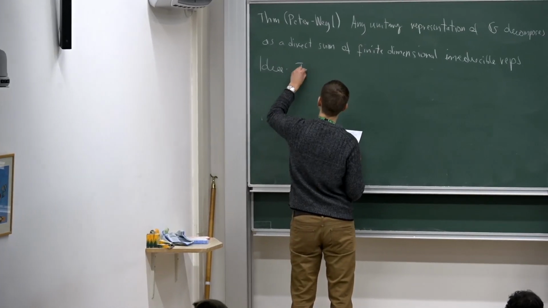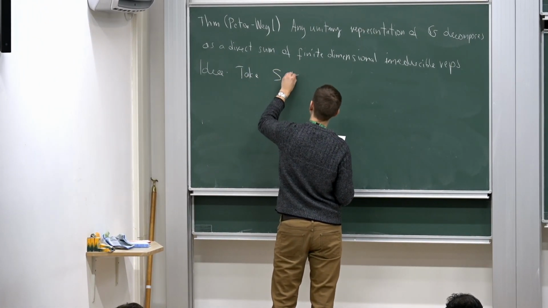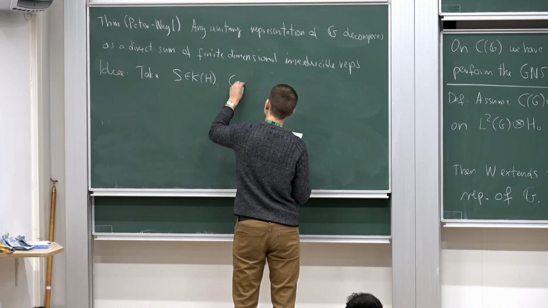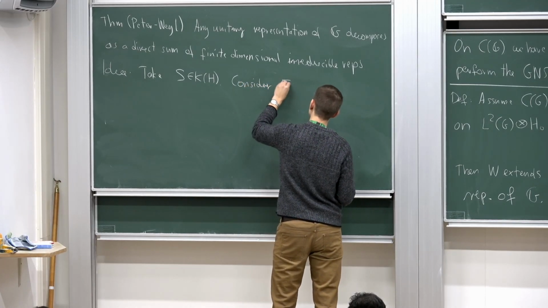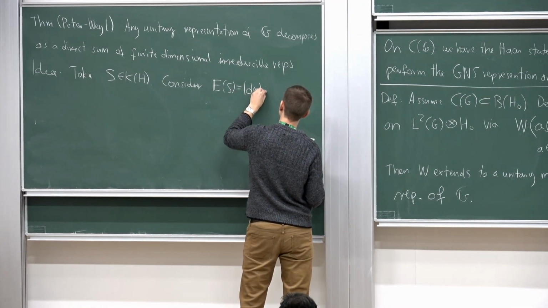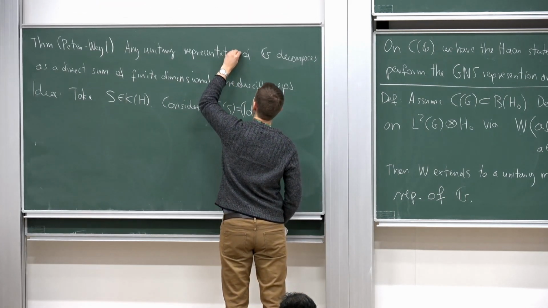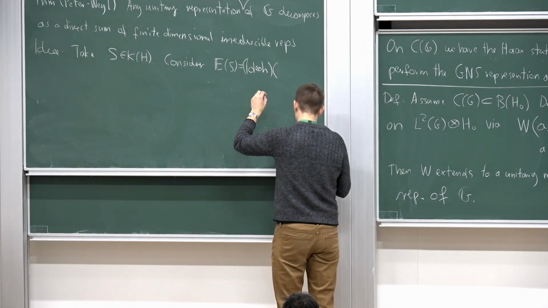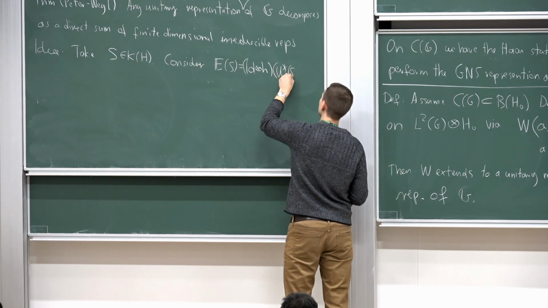Take S to be a compact operator, and then consider, let's do it like a map, E of S would be identity tensor h, a unitary, so we need a name. Let's call it U. So we write U star of